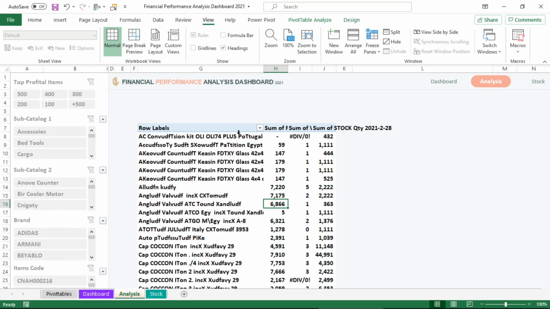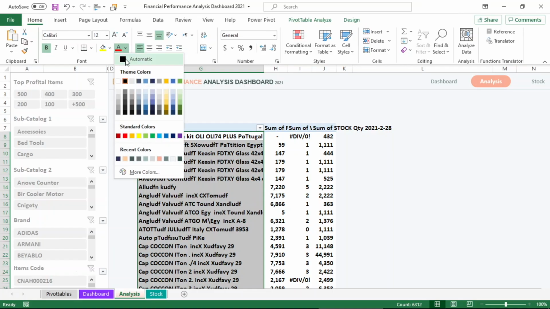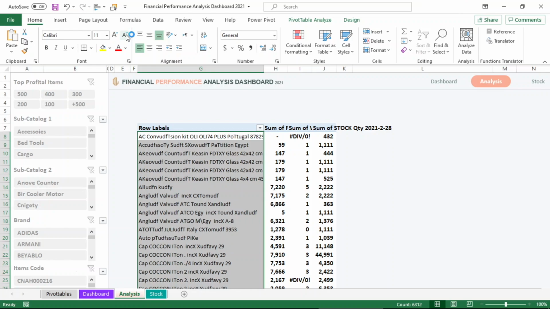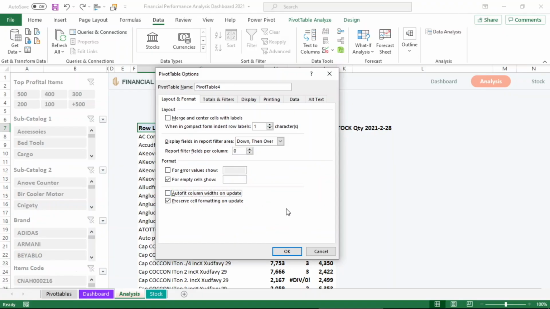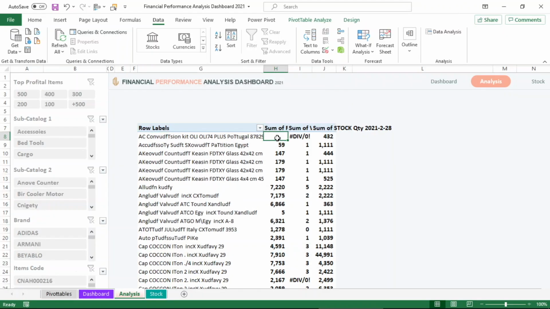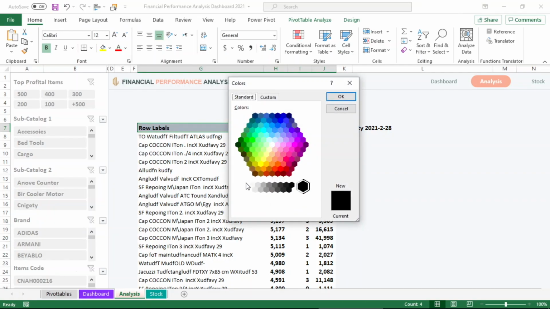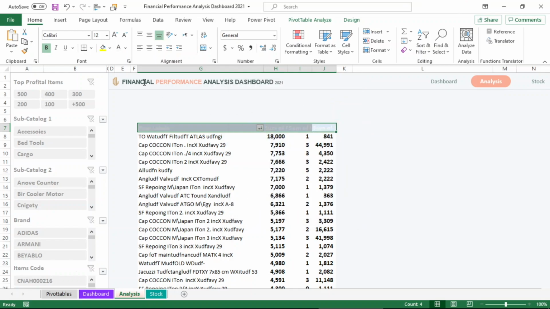Enter the format that matches the width of your screen and the length of the product names. To maintain the pivot table design, right-click, then choose Pivot Table Options, then uncheck the Auto-Fit column width on updates. Now we arrange the retail price from the highest to the lowest, knowing that this arrangement remains the same no matter how the choices are changed from the slicers. We do not need the header of the pivot table, so we will hide it by changing the font, background, and lines to the background color.